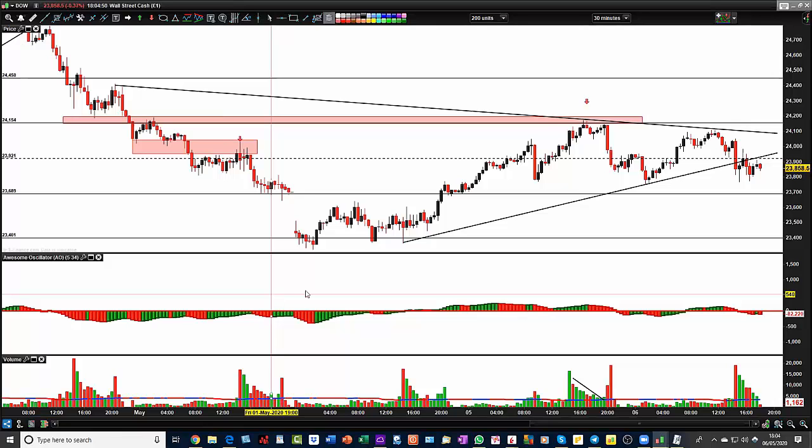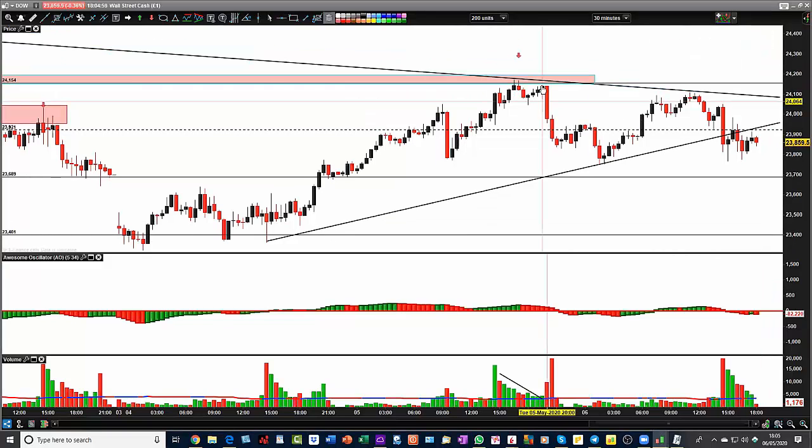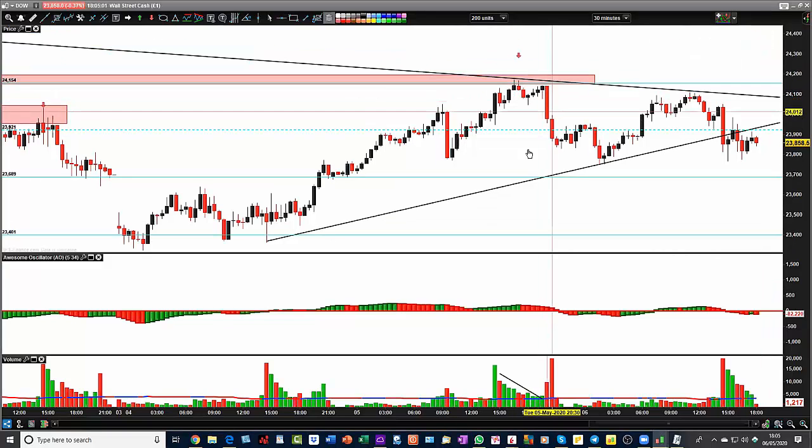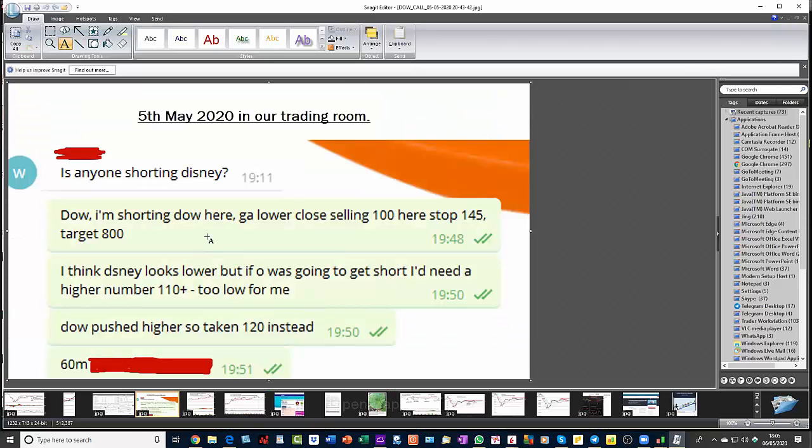So that's the reason. So despite the 4 higher closes in a 30-minute chart, whoops, I keep doing that, don't I? Sorry. I still went short into the last hour and got 320 pips off of that. I posted it in the room. I could probably find the post somewhere. Said I'm shorting the Dow here. My stop was 145. My target was 800. I posted that at 12 minutes to 8 last night,